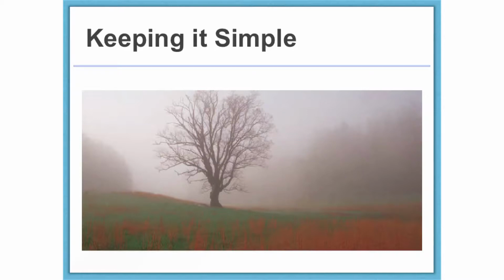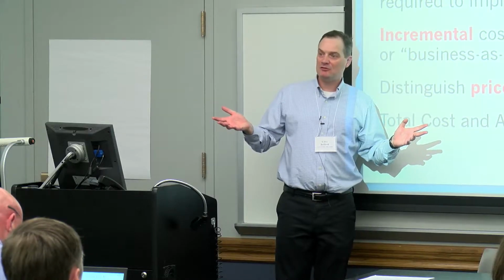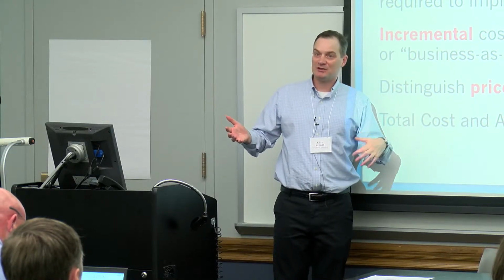And so for our cost analysis, we're just going to list every single cost that is incurred, all the resources that are required to implement the policy. And we could do this either for 2 different policies, or we can do it as incremental costs for one policy over the next policy. And we like to refer to this as the costs of a treatment, even if it's not a randomized controlled trial, over business as usual. And we find the phrase business as usual is helpful because business as usual implies that there's something actually going on